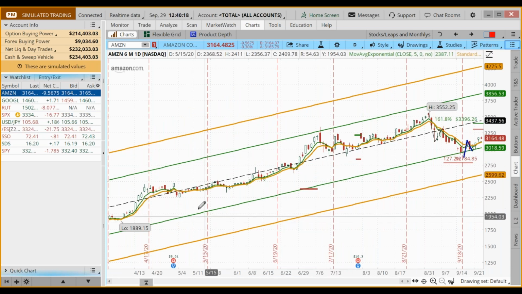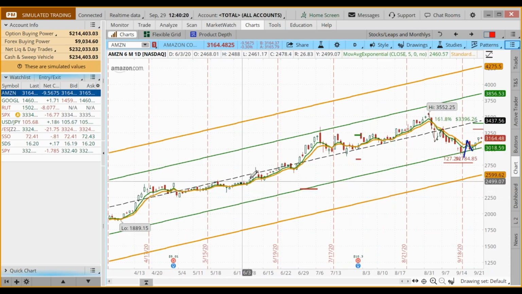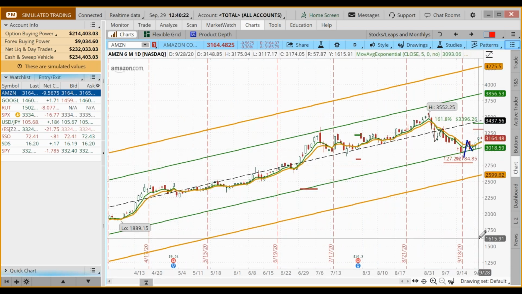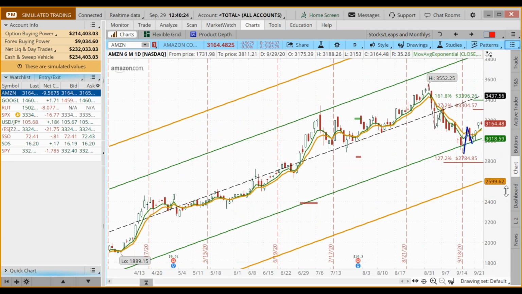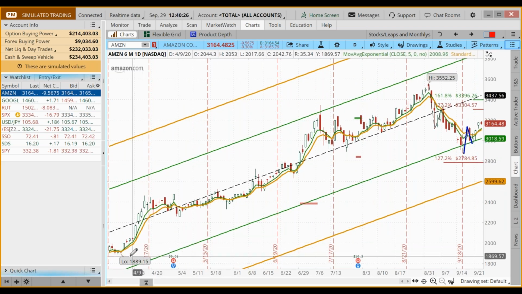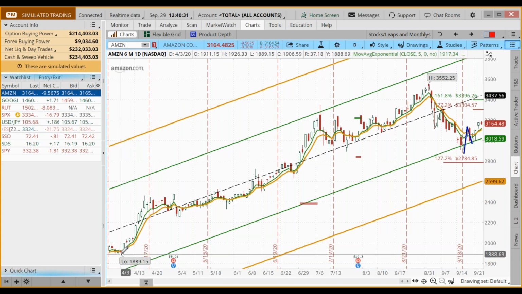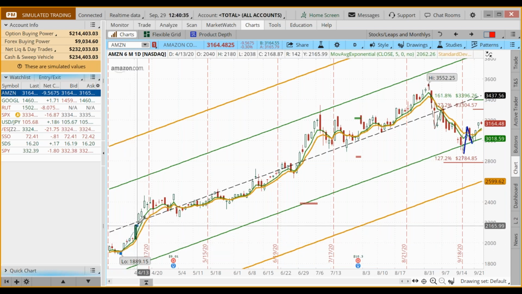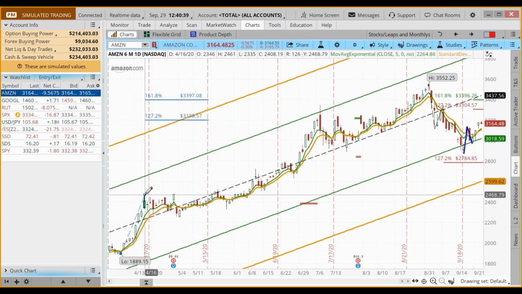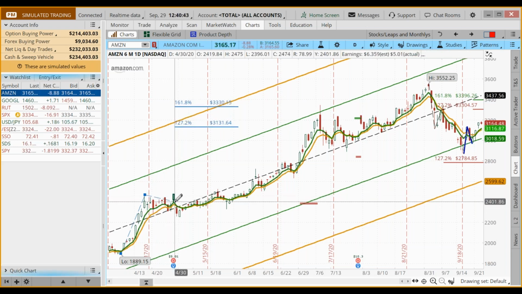Okay, so you can see that Amazon was trending up. All right. Okay, so it's trending up. So right here is a low. See a low? Okay, so that would be a start point for your measured move. Comes up to a high, all right, makes a higher high right here, pulls back,